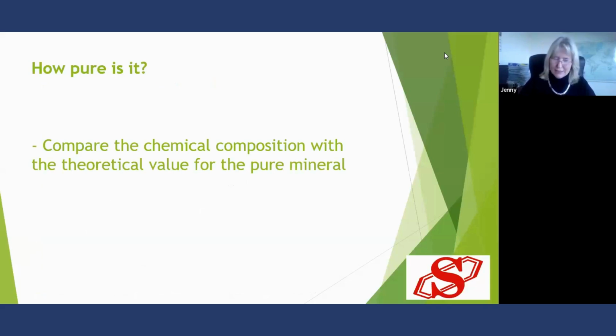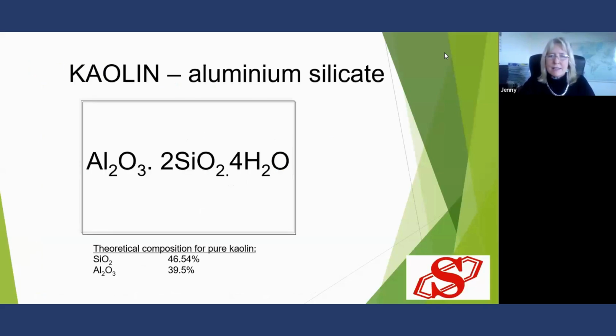And how do you get to that? So let's use kaolin as an example. Kaolin is aluminum silicate, and this is one of the ways you can write the chemical formula of kaolin. Alumina, 2 silicas, and 4 waters of crystallization. If you're a chemist and you know about molecular masses, you can work this out from first principles using the molecular masses and the molecular mass of the whole molecule. Or you can just Google, amazing Google, what is the theoretical composition of pure kaolin, and you should get